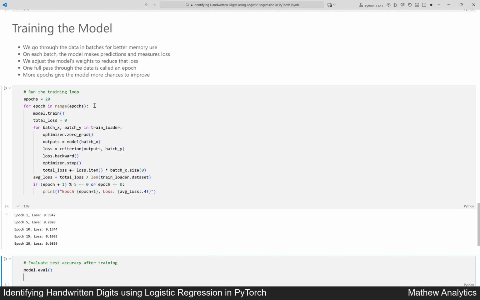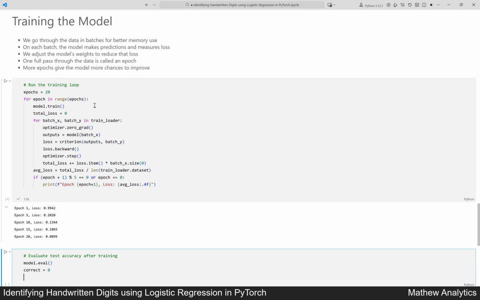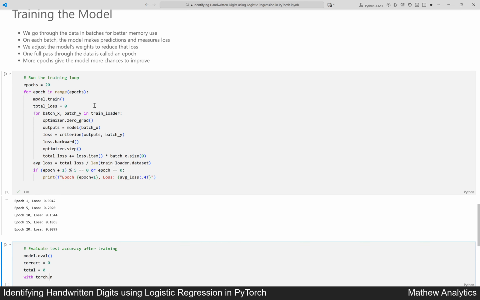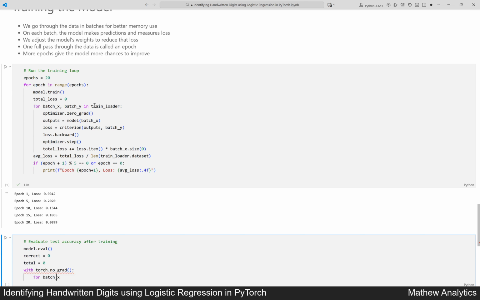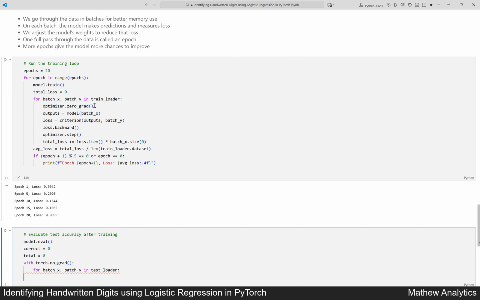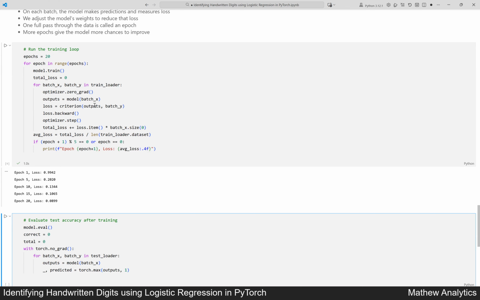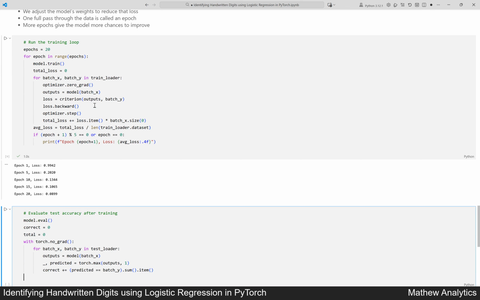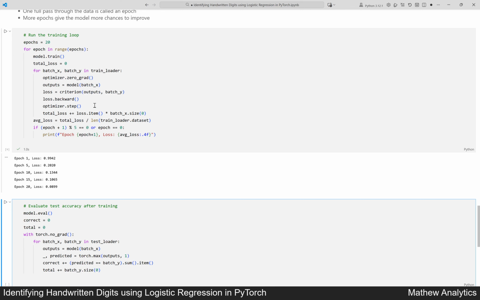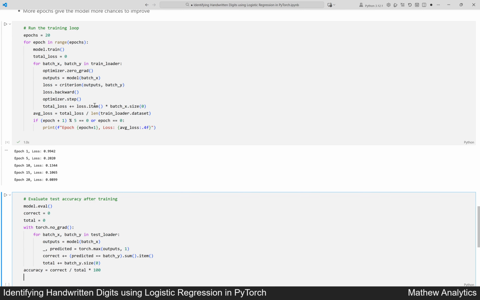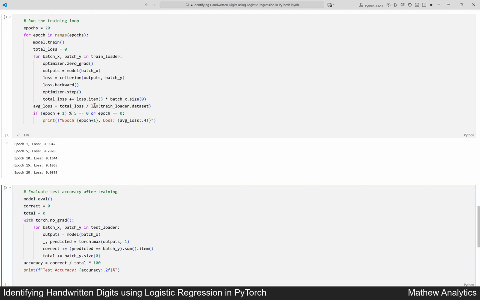model.eval(). correct = 0. total = 0. With torch.no_grad(): for batch_x, batch_y in test_loader: outputs = model(batch_x). _, predicted = torch.max(outputs, 1). correct += (predicted == batch_y).sum().item(). total += batch_y.size(0). accuracy = correct / total * 100. print(f"Test accuracy: {accuracy:.2f}%")